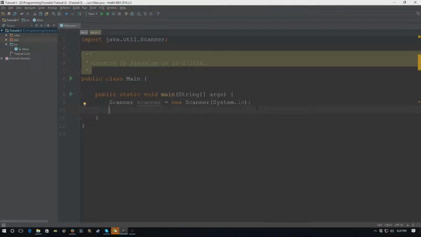Now let's define a string variable called name. We won't put anything in here. You can leave it like this, or you can just make it like this. I prefer doing it like this. And we'll make an int called age, and then we'll put a double called